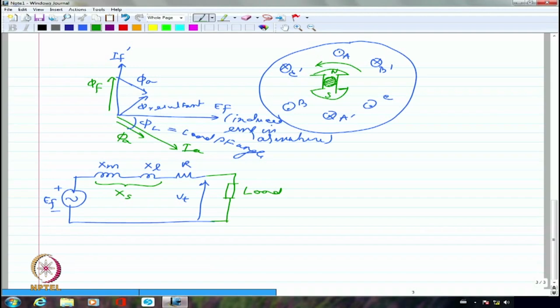So I would say the drop in that excess itself could be pretty large. There are designs which try to minimize this excess to help regulation. There are designs which do not minimize excess because in case a fault occurs. What do you mean by fault? If suddenly a short circuit occurs at the terminals, what is going to limit the current? Only synchronous reactance. Resistance is really small in most of the machines because we want to have the efficiency as